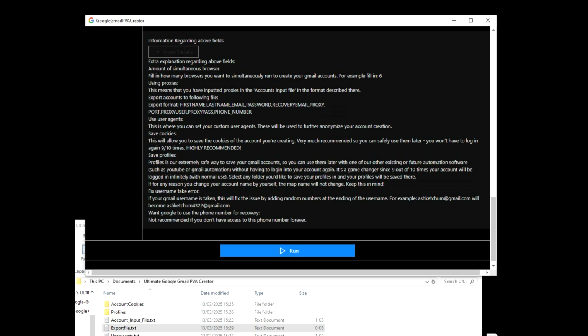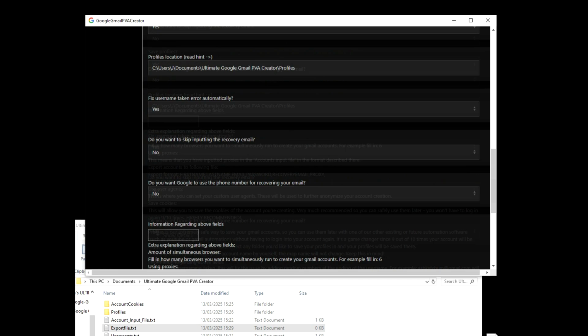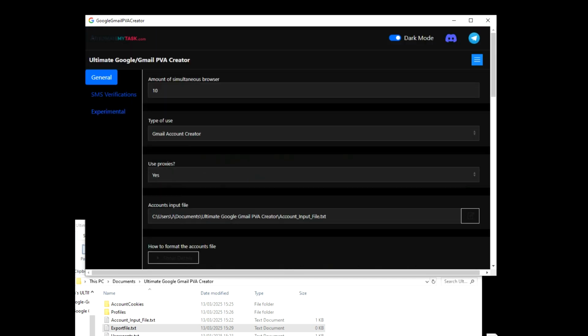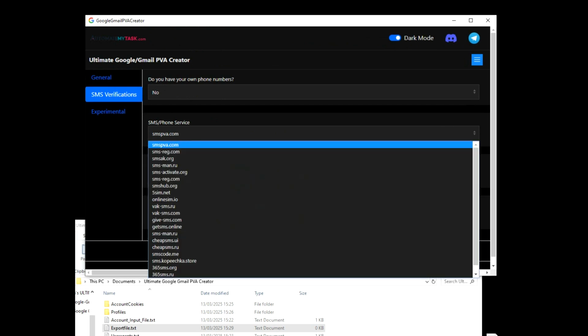Use a user agent. This is where you can set your custom user agents. We talked about that. We also talked about this. Profiles, we also talked about that, and we talked about the rest as well, okay? So let's continue. SMS verifications. Do you have your own phone numbers? No? Okay. Then you have a list of other services that you can use to